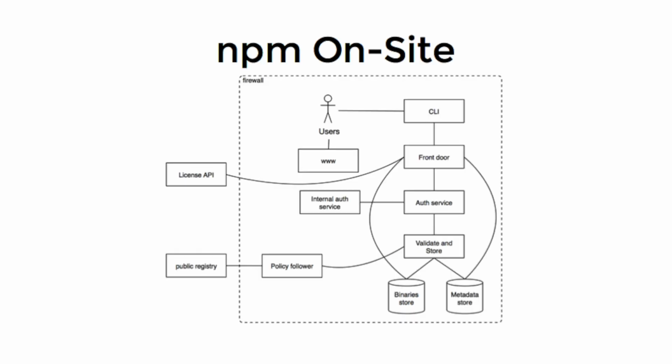I'm going to go a little bit faster now. Finally, there's NPM onsite, and this is where I get really happy about SOA because NPM onsite is literally a copy of the registry architecture. It's exactly the same services, exactly the same code, just crammed down into a couple of Docker containers and deployed wherever it is that you want it to be. Which is great, because it means that when our customers find problems in NPM onsite, we fix them there, and suddenly the whole registry works better, and vice versa. When we fix something in the global registry, NPM onsite works really well.